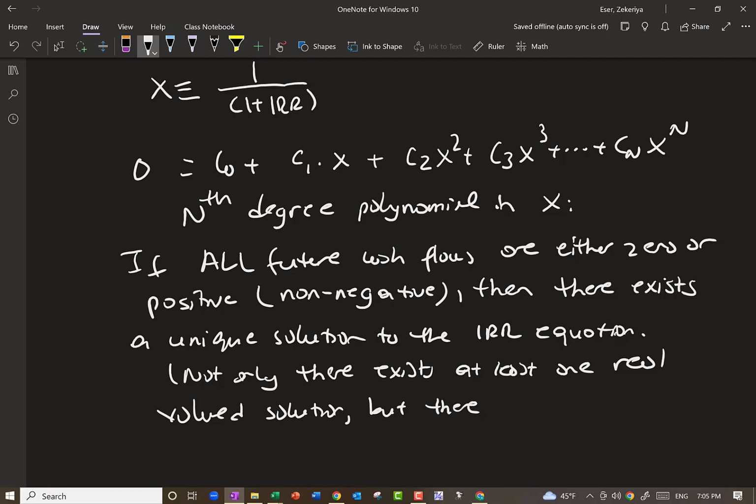But there also exists at most one solution. So again, there exists a unique solution is the economic way of saying it. The actual logical implication is that there exists at least one real solution, but that can also be at most one solution, which means there is only one solution. As long as this is true,